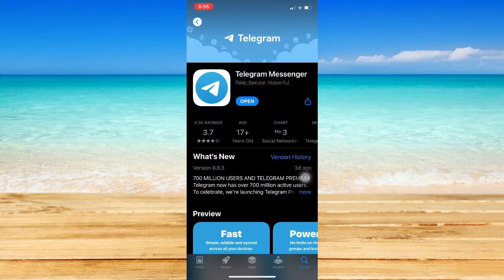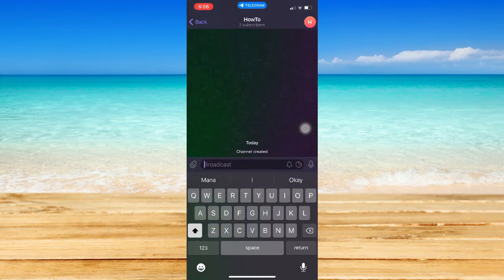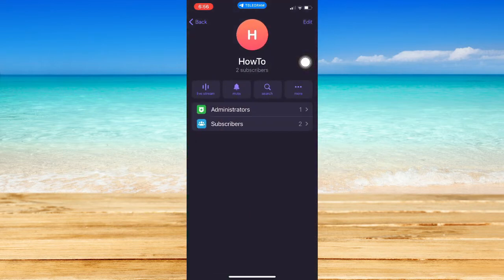Once you have done that, simply open your Telegram app, and then, once you have opened it, make sure to click on the channel or the group that you want to share. So click on it, and then you may either click on the photo right here or the name right here. So click on either of those two,